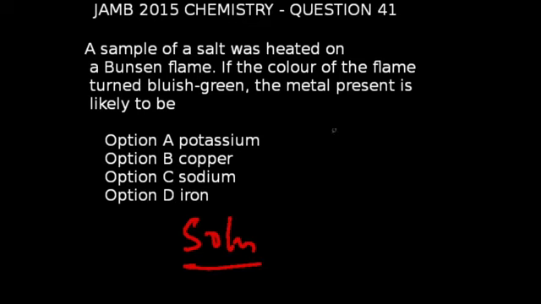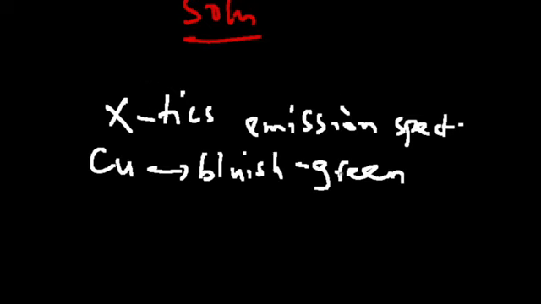Question number 41 of JAMB 2015 chemistry. A sample of a salt was heated on a Bunsen flame. If the color of the flame turned bluish green, the metal present is likely to be. First thing I want us to know in trying to solve this problem is this is a question on qualitative